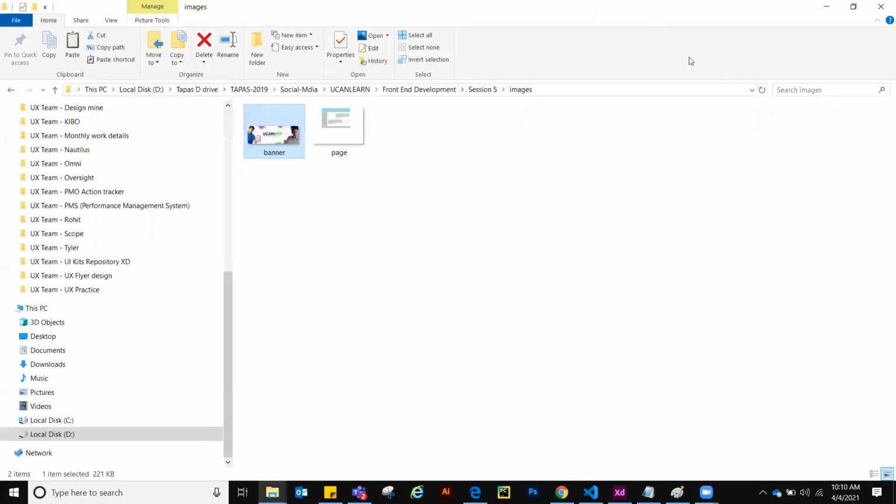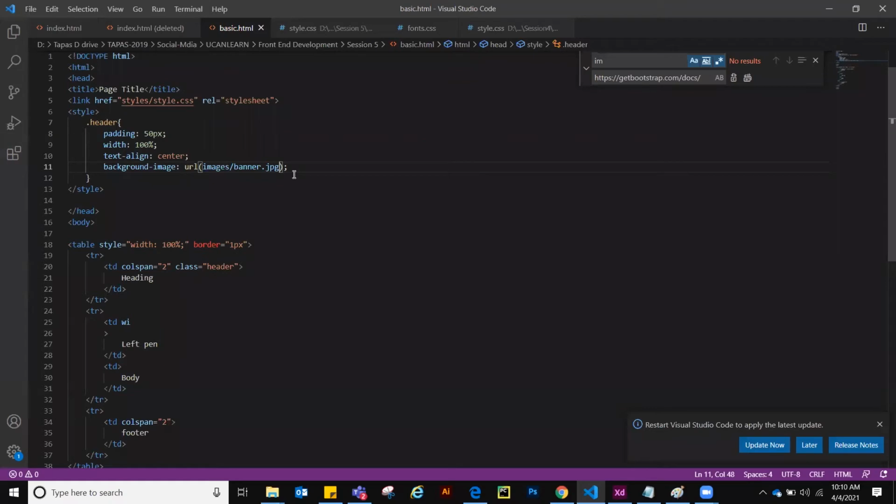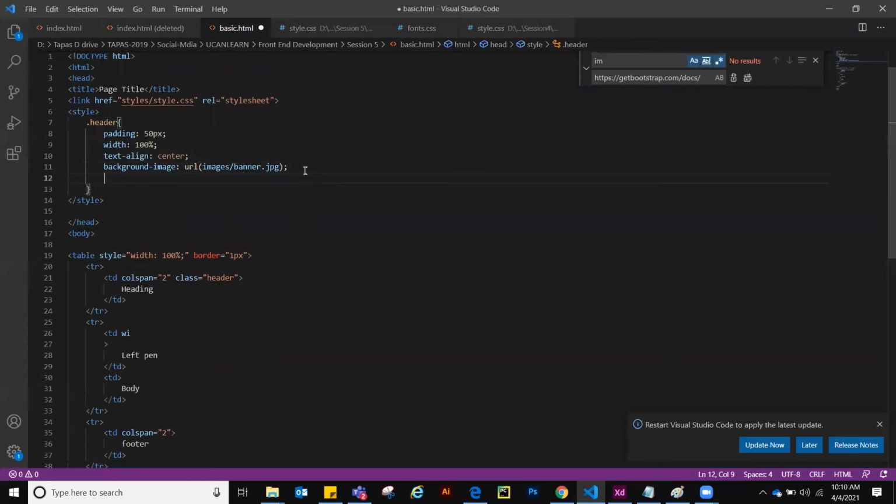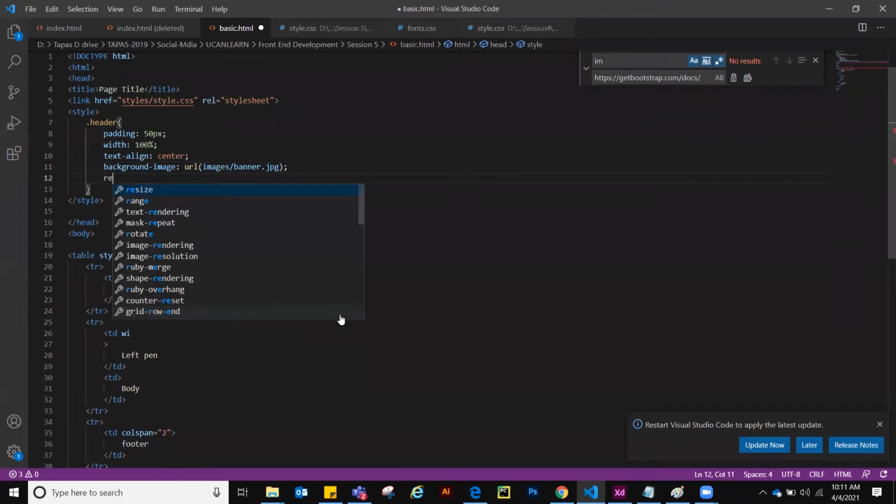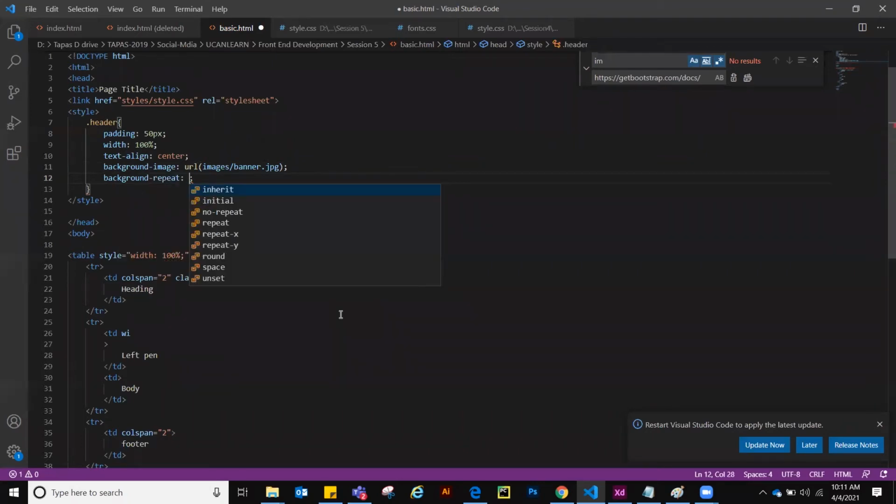So what we can do, we can say, hey, don't repeat. Background image, background repeat, not mask repeat. Background repeat, none, no repeat.